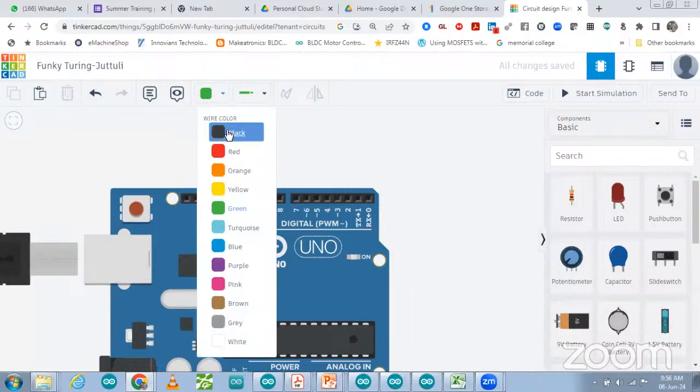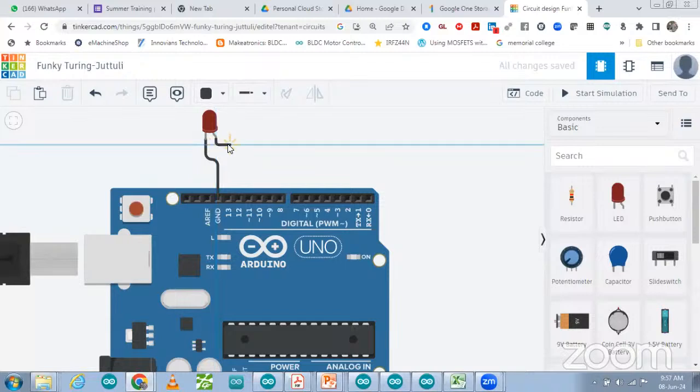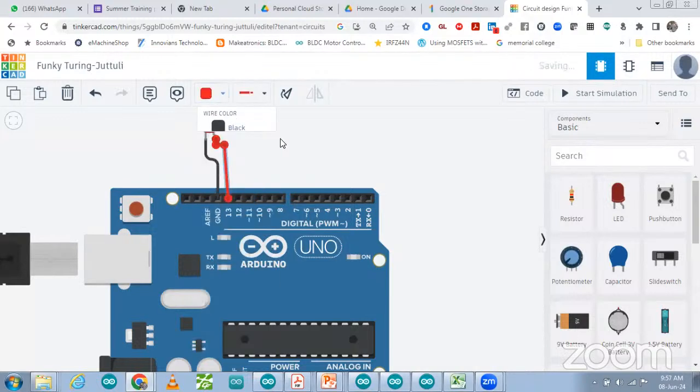I'm going to make it black. Okay, let me select it again in black color. Now the second wire is red color. We can take it for the positive, and this one I'm going to connect with pin number 13. Make it red. So after doing this very simple connection, that you can see it,